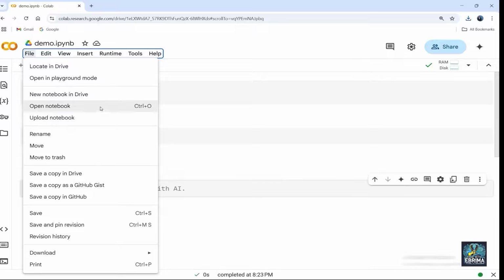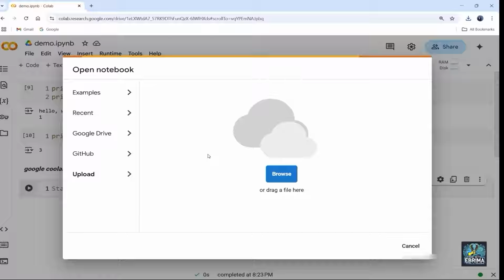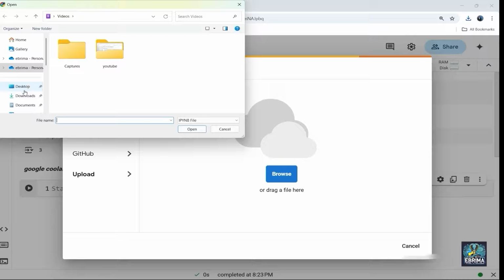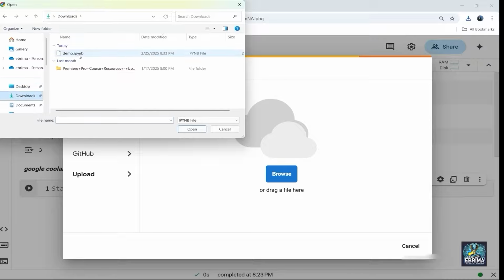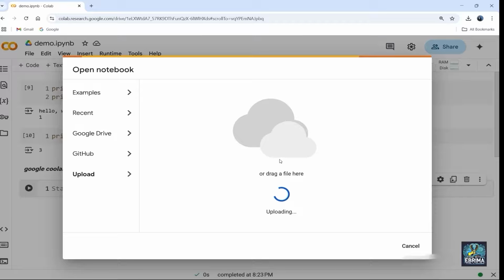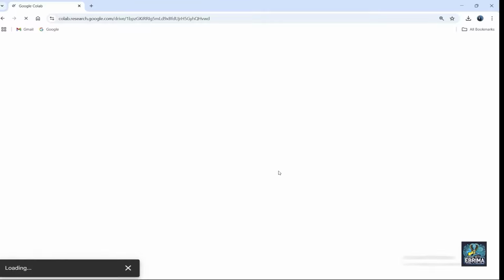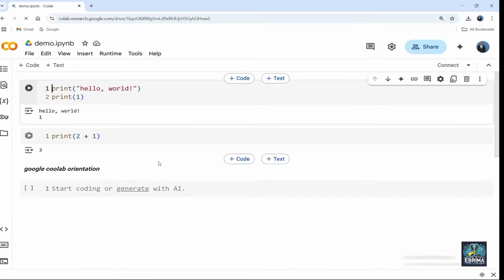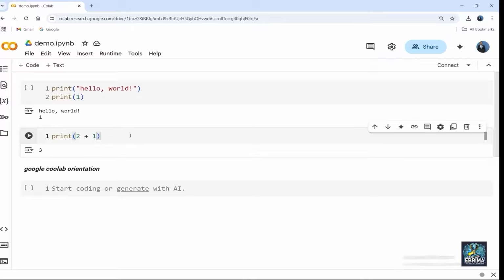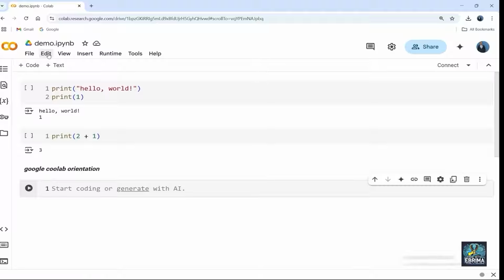And now the next thing that I want us to do is maybe upload a notebook. Okay, so remember, now we have a notebook. Okay, so now I'm going to click that upload a notebook, and I'm gonna come here, you see browse, I'm gonna click that, and remember the notebook that we have downloaded, so it's here. Okay, so now I'm gonna click it, and now I'm gonna press open, and now you can see we are uploading it. Okay, so this is very important to note, and now you can see we have successfully uploaded it. Okay, all right, so now let's go ahead and take a closer look at edit here. Okay, so now edit, what it does is it undo, redo, and manage your code cell.